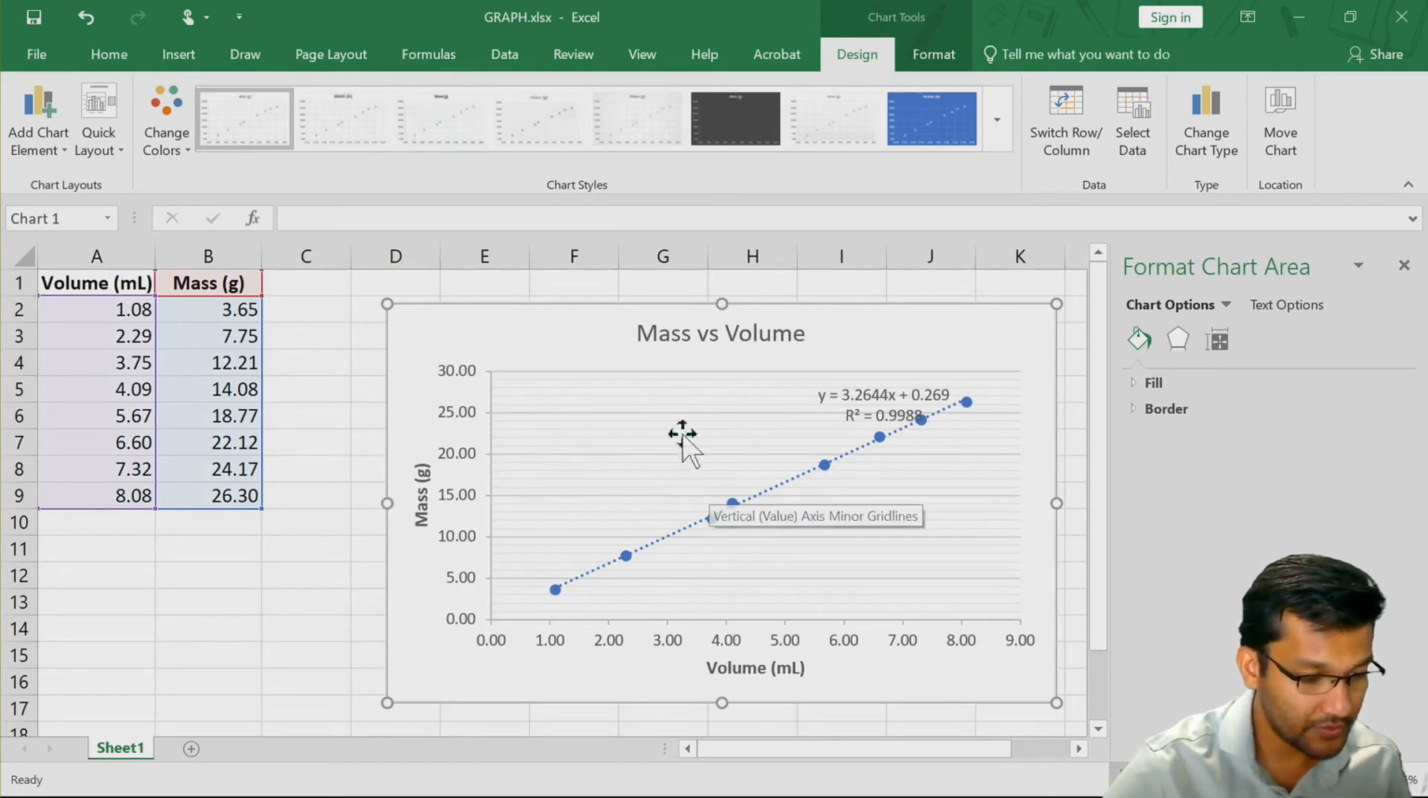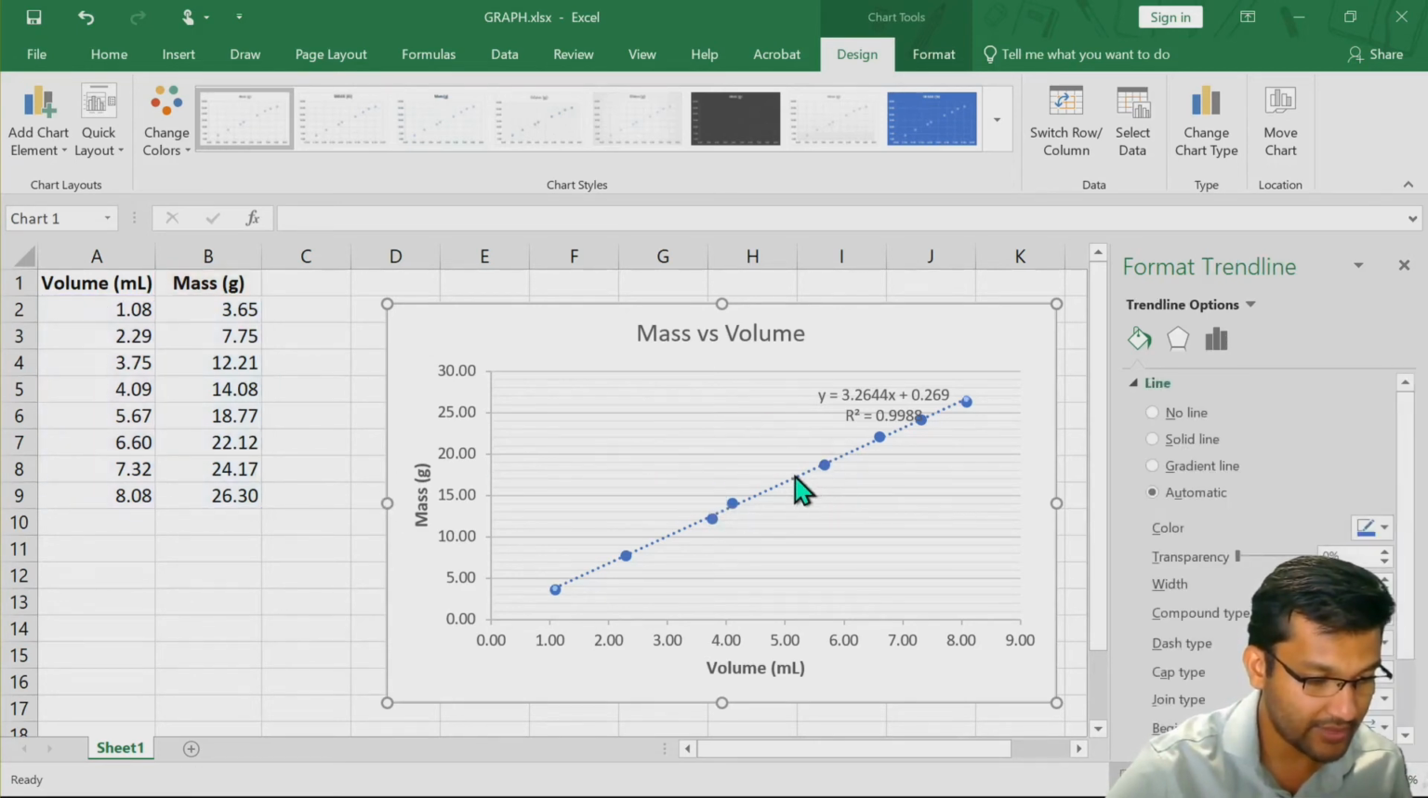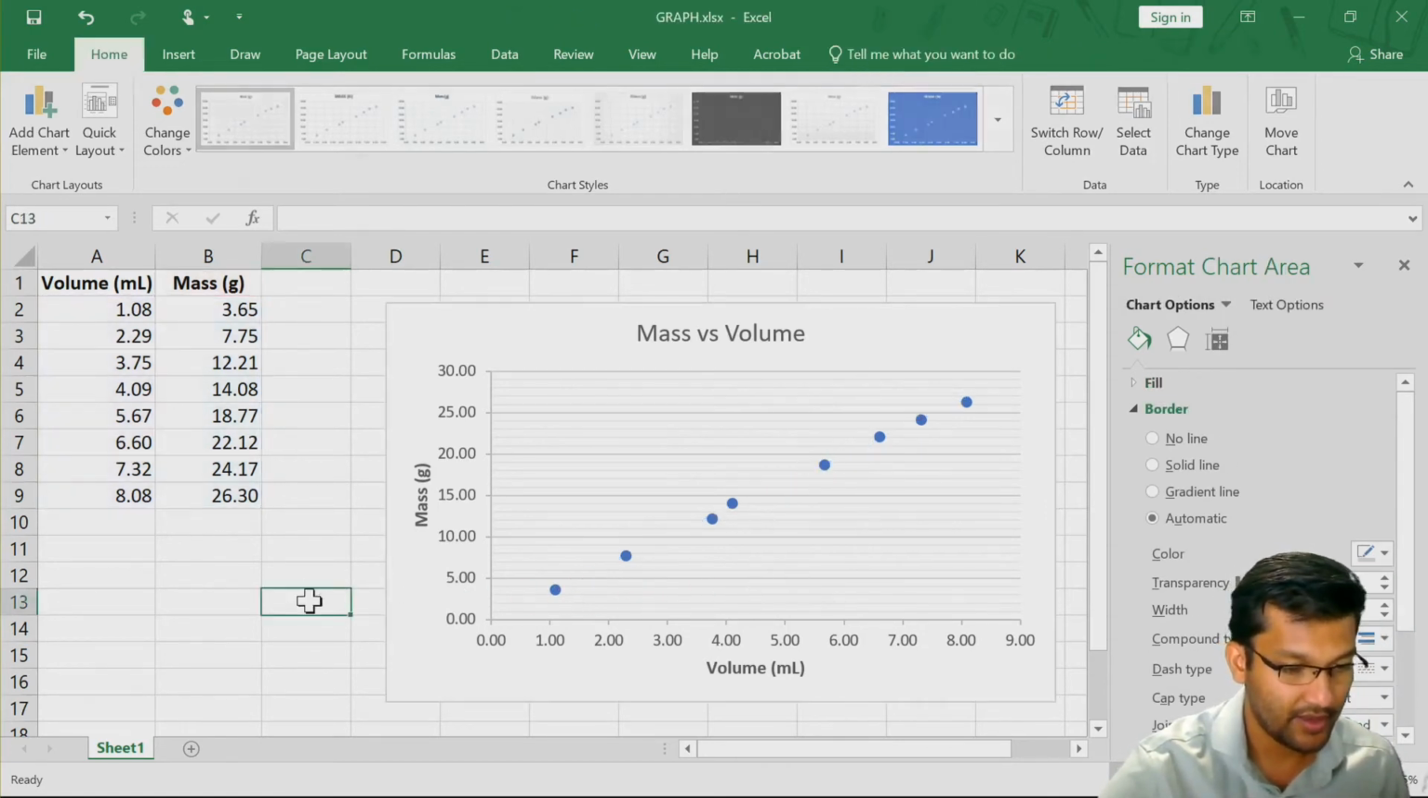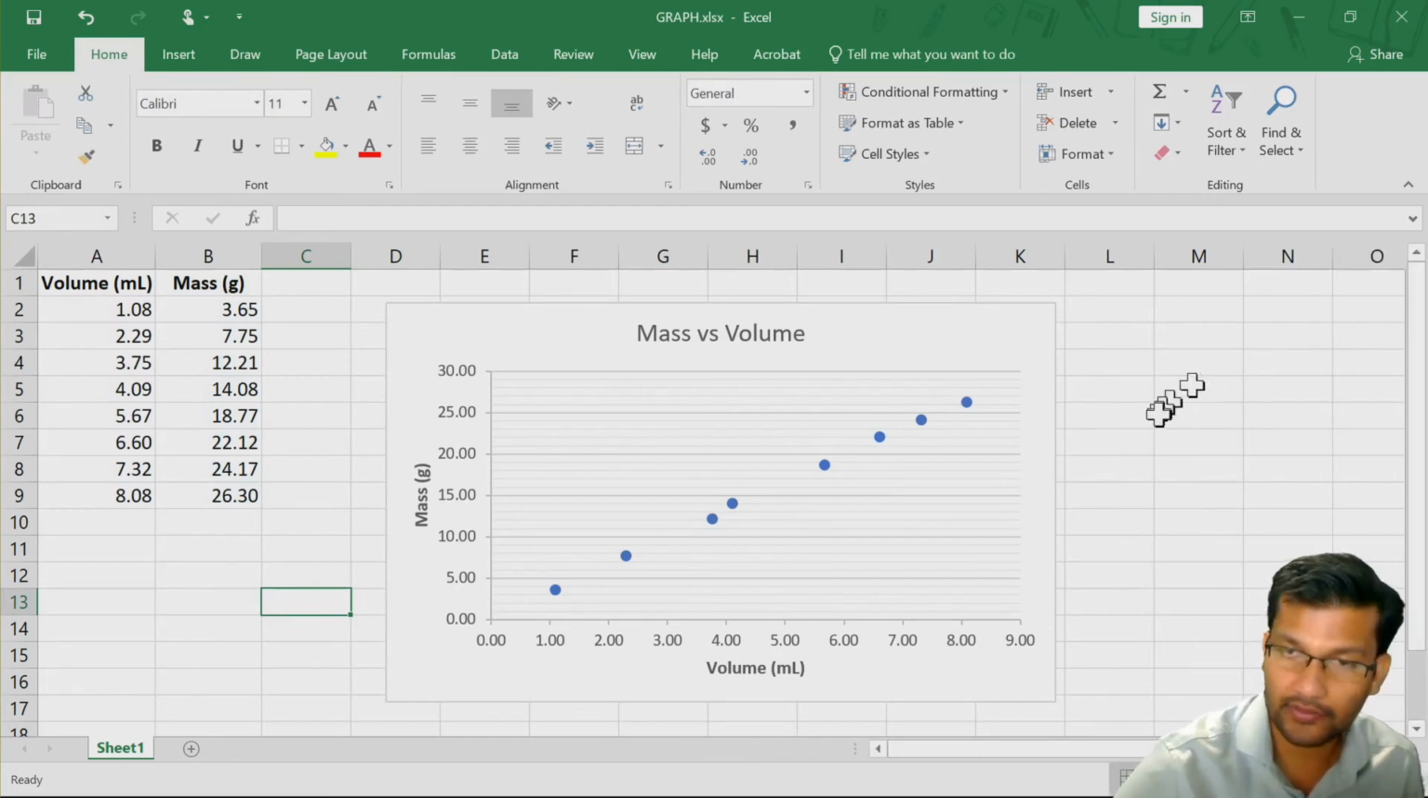Now, some of you may have already created a graph, but you didn't see the trend line. So let me just delete my trend line. So how do you add a trend line to a graph